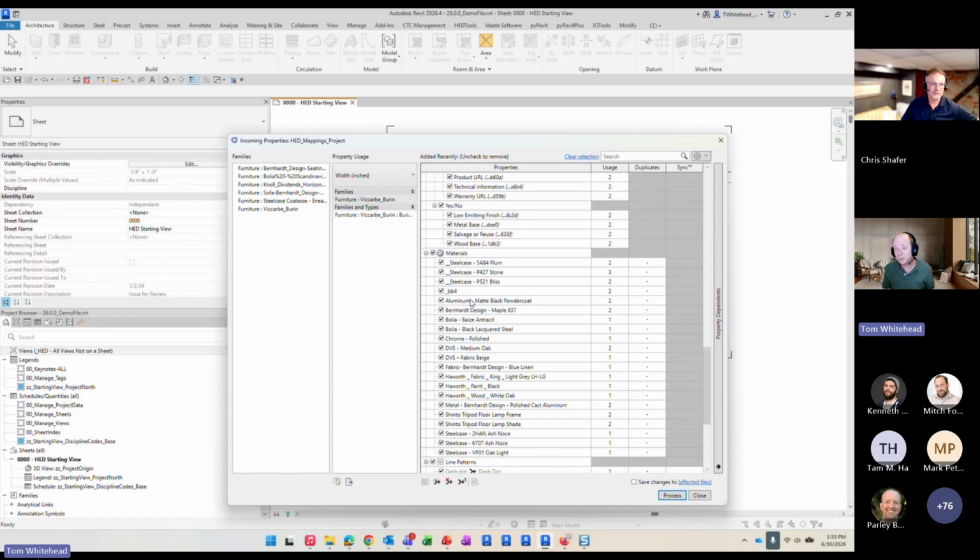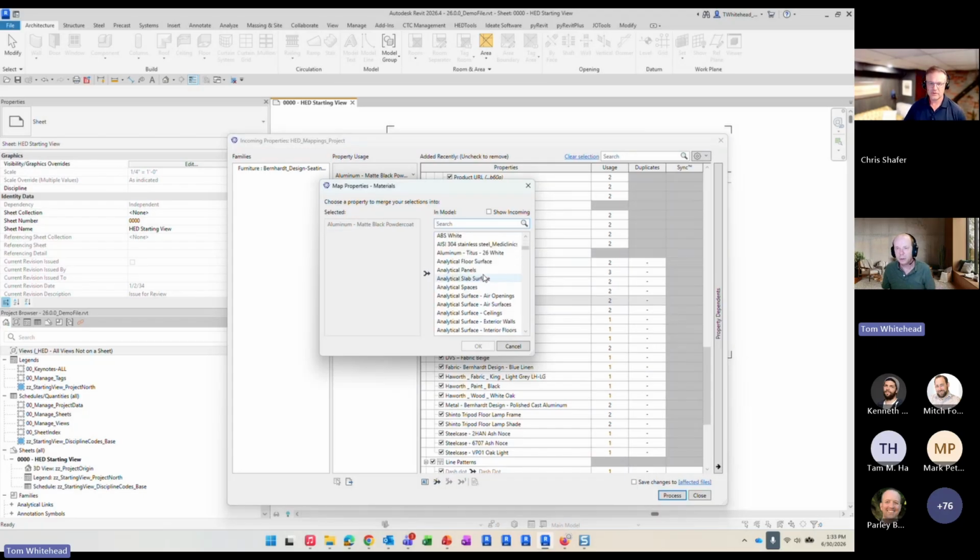So ideally, what I would do is go in here and know that I have an aluminum matte powder coat in my project that I could just transition to, or an oak that's sufficient, or an ash that's sufficient, and we could go in and edit our thing and find, let's just find a black material,